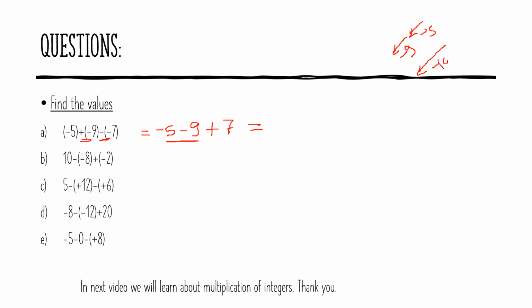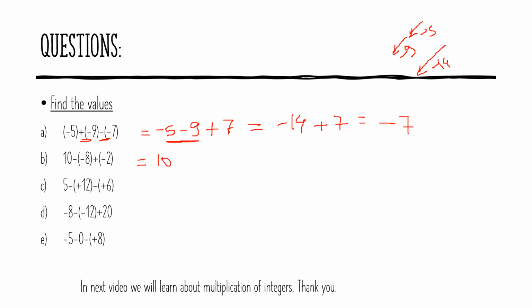So the answer to this is minus 14. Then we have just solved these two, and this I will write as it is, so plus 7. Now what will be the final answer for these two? It will be minus 7, which you already know how to calculate. We discussed it in the previous video and in this video before. Same way for this,